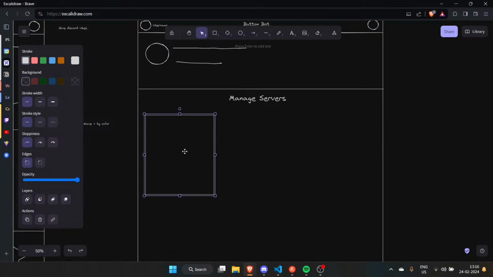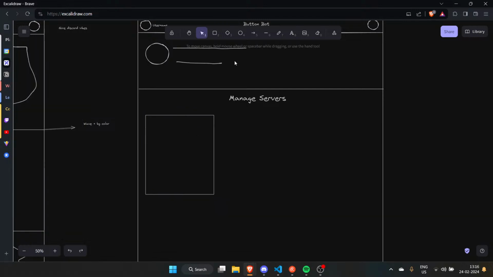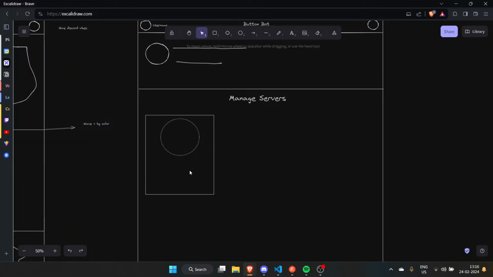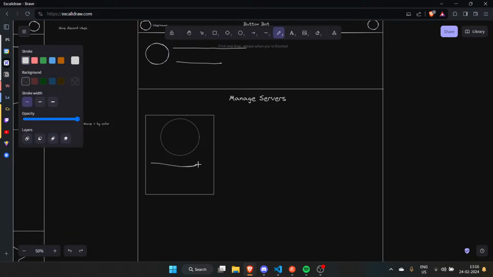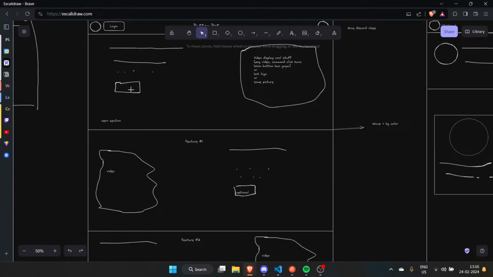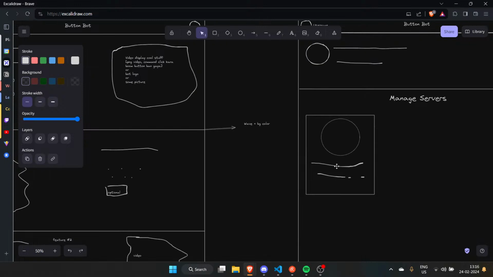So let's think, what kind of card can we have? So we have a box. In the box, we need the logo of the Discord server and the Discord server name, and then a button. Copy that, paste that, bam.